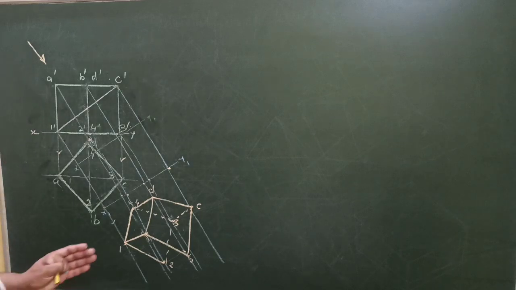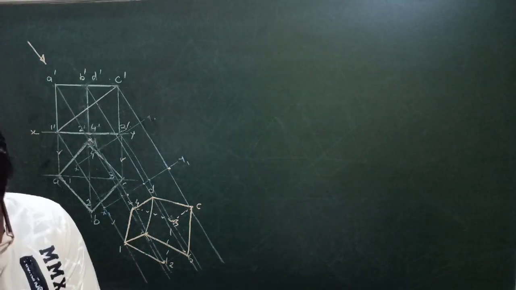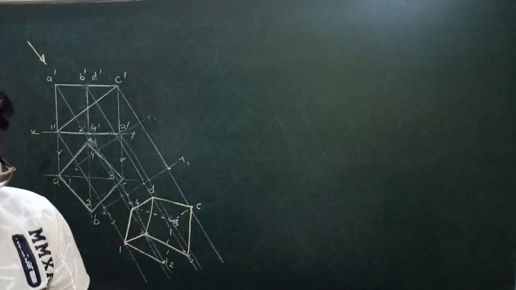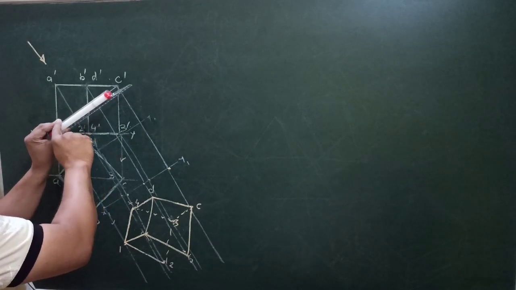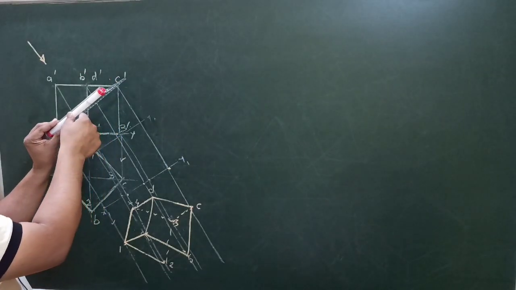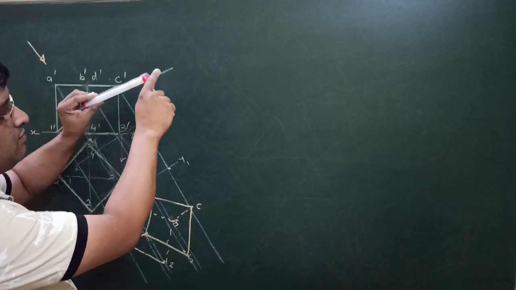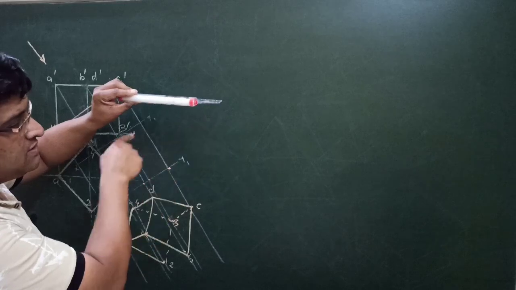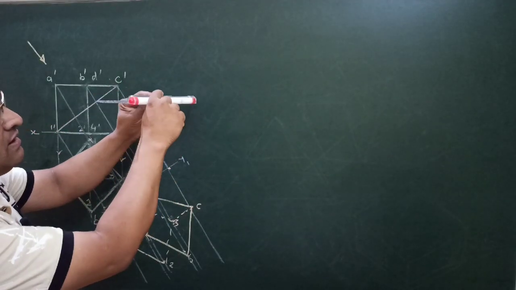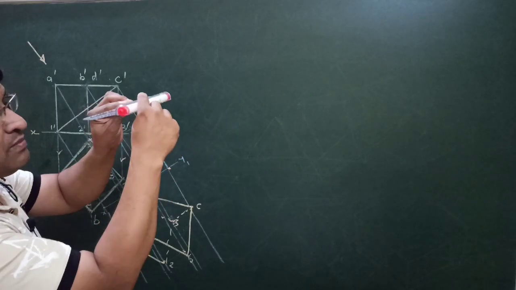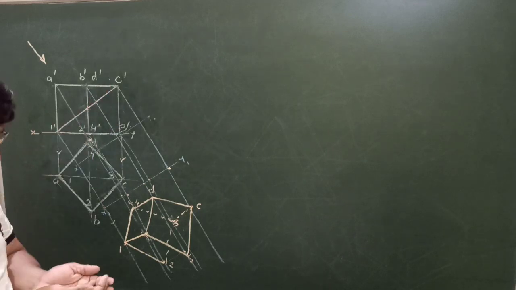Now we have to draw the final front view, and for making a solid diagonal perpendicular to VP, say this line is the solid diagonal 1 dash C dash here. So in this diagram we have made it parallel to the XY line. Initially we make it parallel to the XY line, which means parallel to HP as well as parallel to VP. Then in the last case we will be turning it by 90 degrees so that it becomes perpendicular to the vertical plane. So 1C is the solid diagonal.